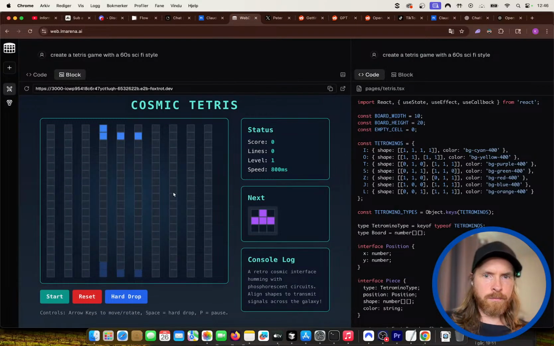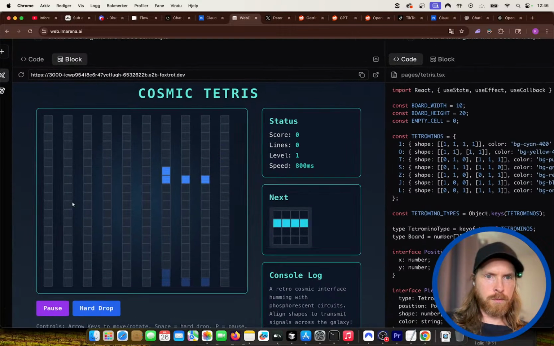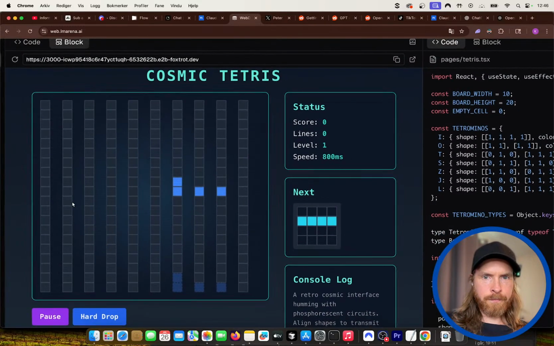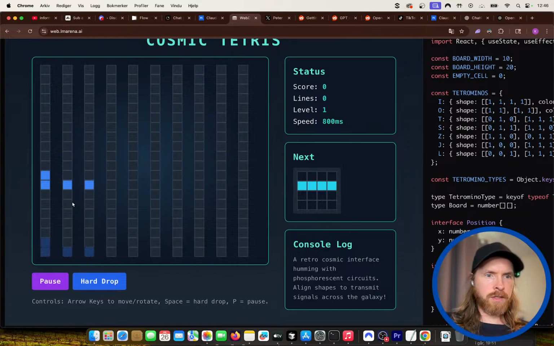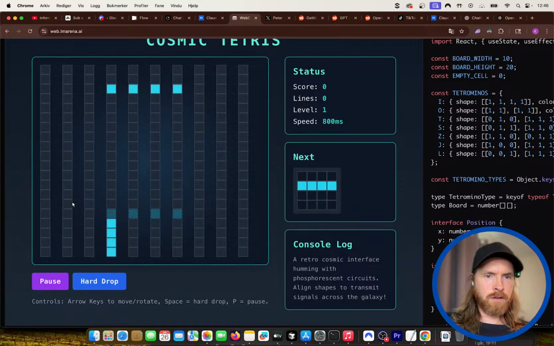Okay, this looks pretty good. So let's try this game, if it works. So I can start. Okay, that looks pretty good. Can zoom in a bit, I guess. So let me try this game here. So this is Tetris. Kind of cool.